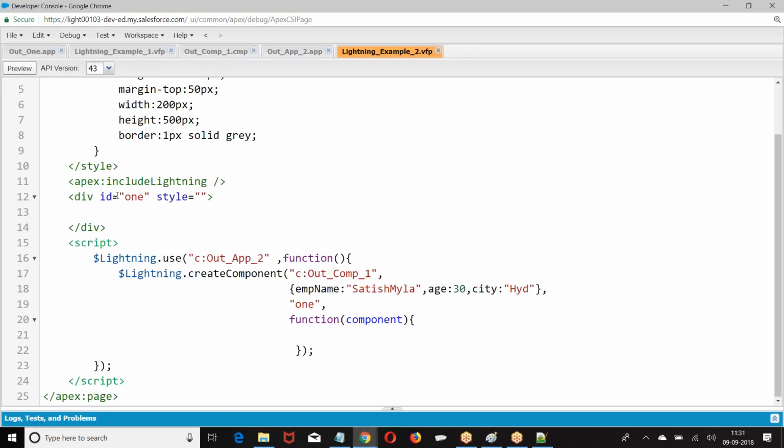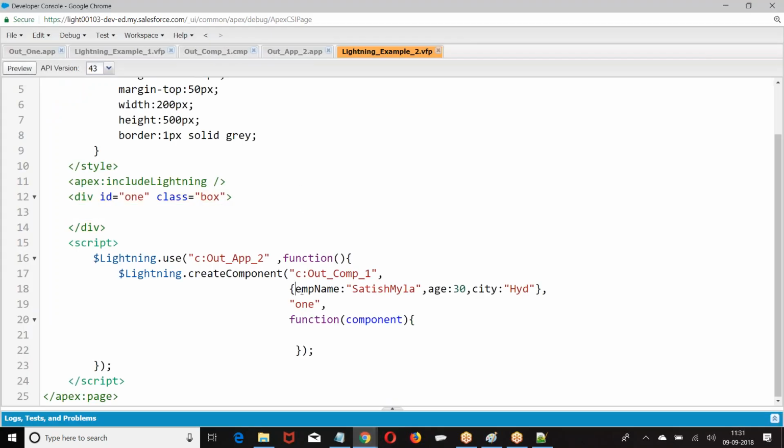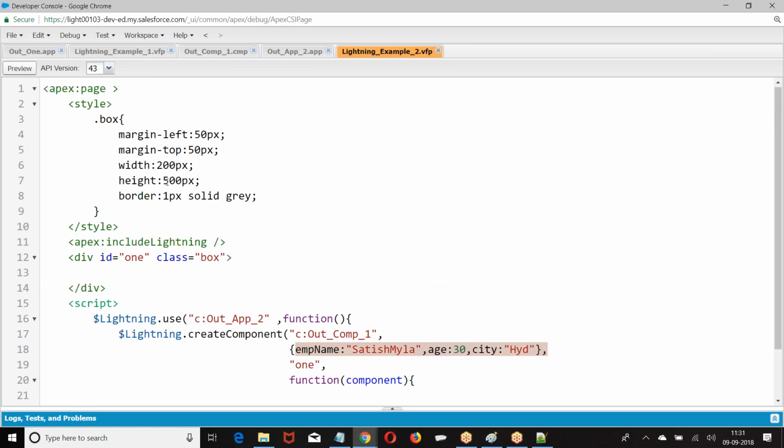What happened here? This is what we got here. Name Sadish Mela, age 30. So what I'm doing, I'm creating a component along with these attributes. I am passing these attributes. I hope you're good with this, right? Creating a component with attributes.